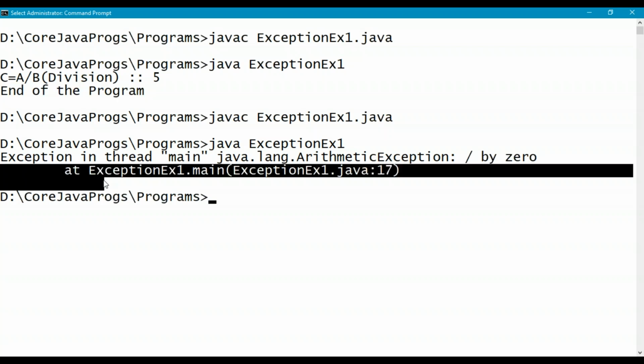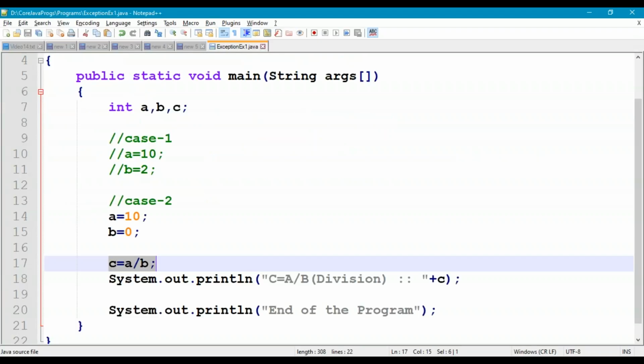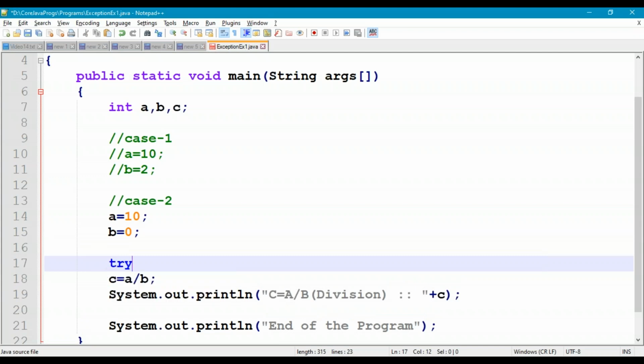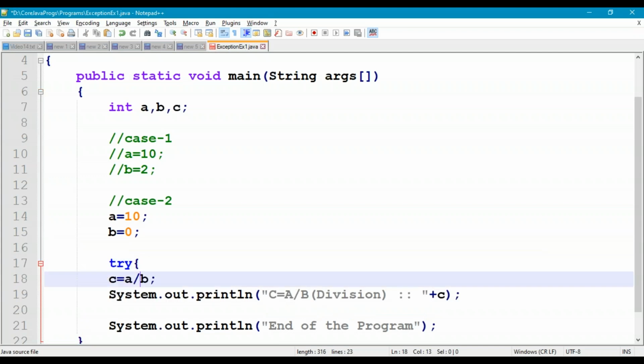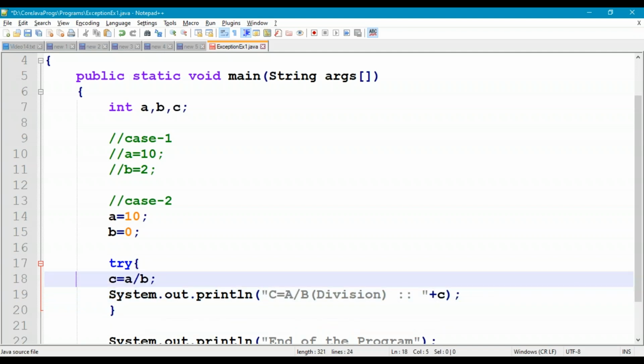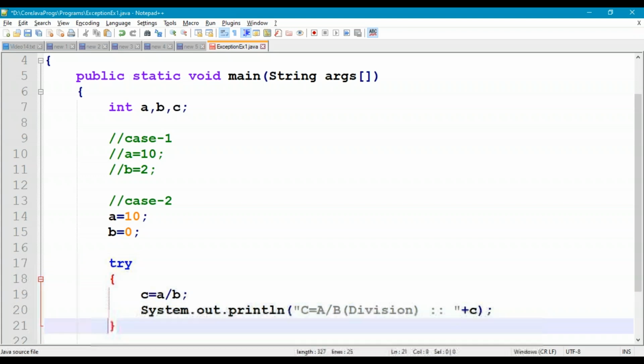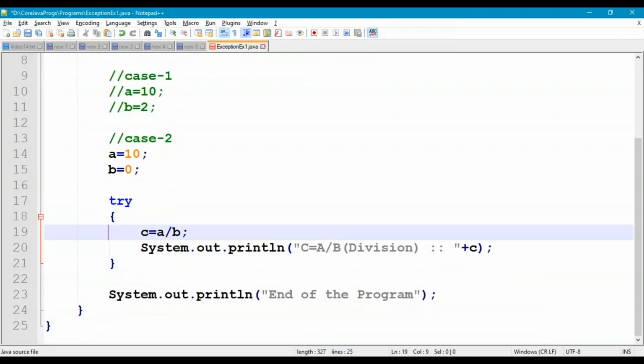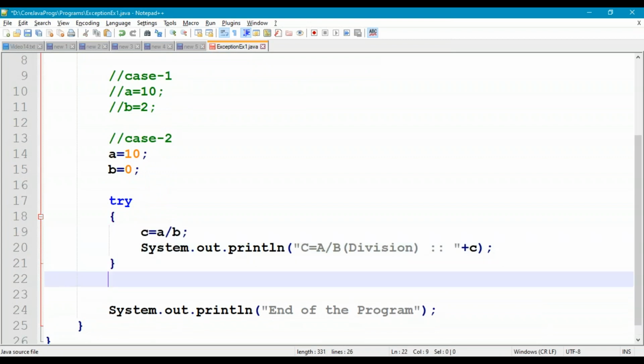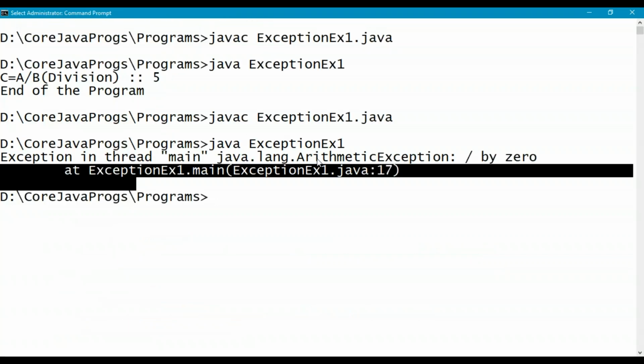So how to handle this exception? We'll use try catch. We are getting the exception in line 17, so before line 17 I'll put try, followed by catch. If we get an exception at this place, a runtime error, we'll catch that runtime error and give the solution. For catch, what is the type of the exception we are getting?